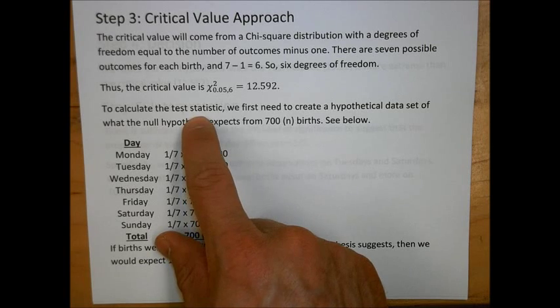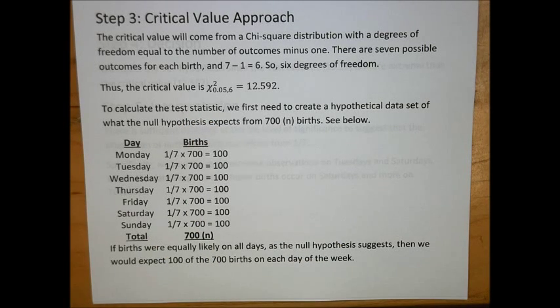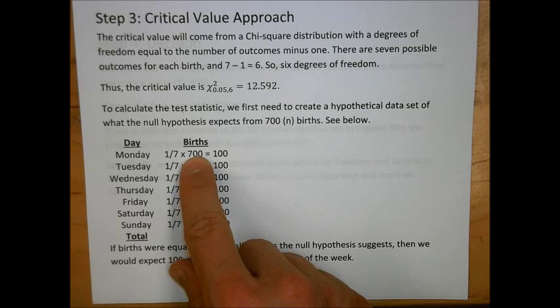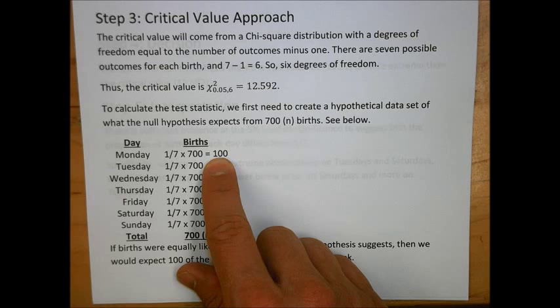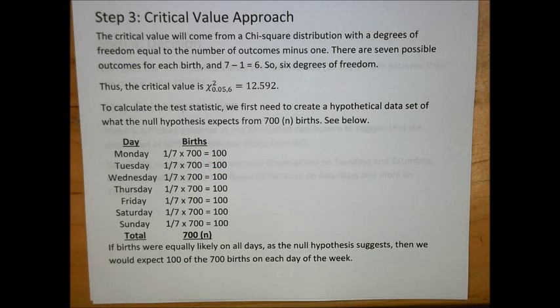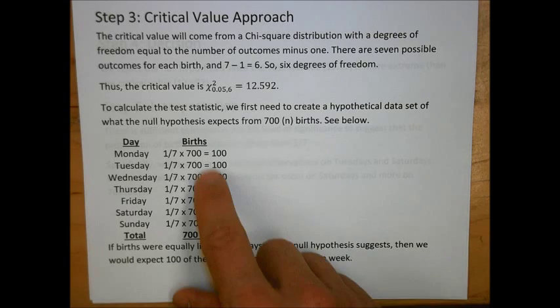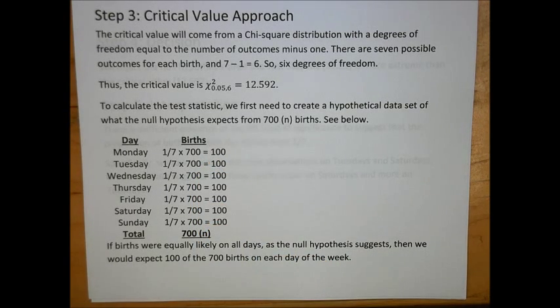To calculate the test statistic, we first need to create a hypothetical data set of what the null hypothesis expects from 700 births. Recall that the null hypothesis expected a 1/7 proportion for every day. Since there was a sample size of 700, 1/7 of 700 means we should expect 100 births per day if the null hypothesis were true. So we're creating a table of what the null hypothesis expects